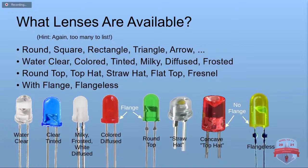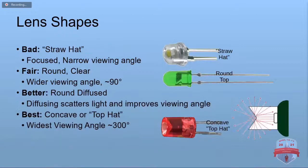You can get them in the typical round top shape, what they call a top hat shape, a straw hat shape, flat top. You can get them with Fresnel lenses on them. And another thing that's pretty interesting or important here is you can get them with or without the little flange at the bottom. And that's important to us. So,